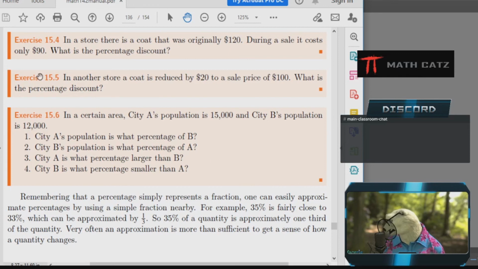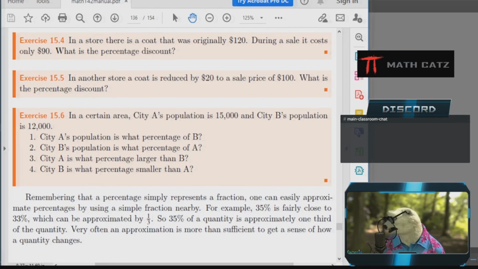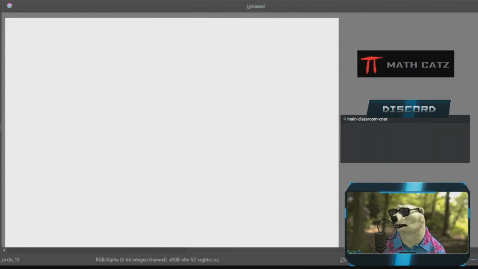All right. So we have exercise 15.4. In a store, there is a coat that was originally $120. During a sale, it costs only $90. What is the percentage discount? Okay, so let's see here. Exercise 15.4. Of course, there are many more in the problem section as well. These are just a few